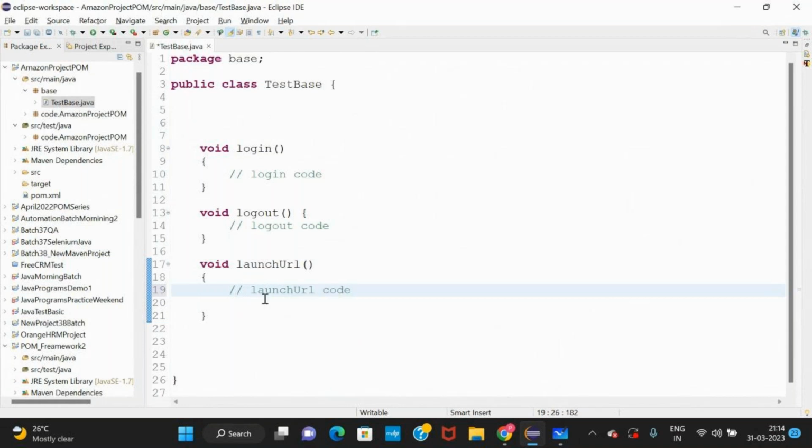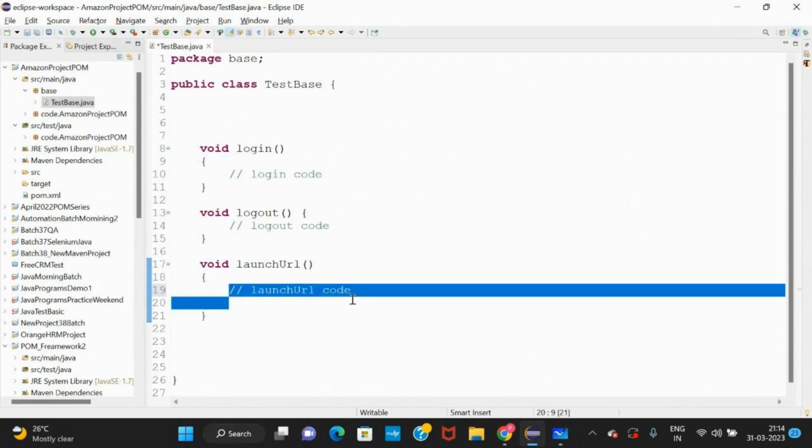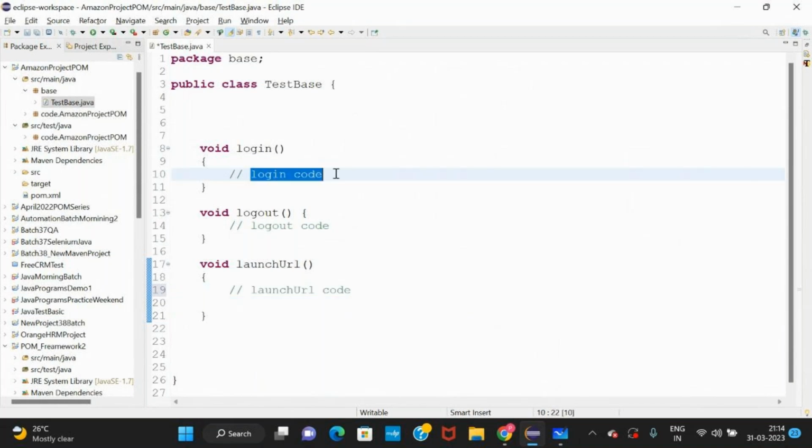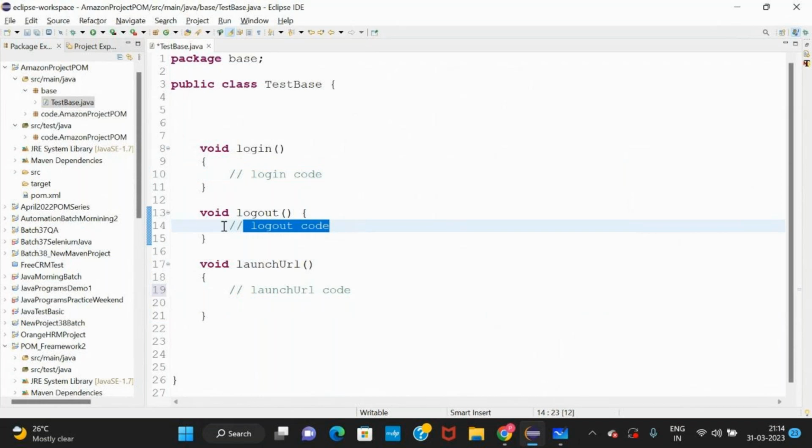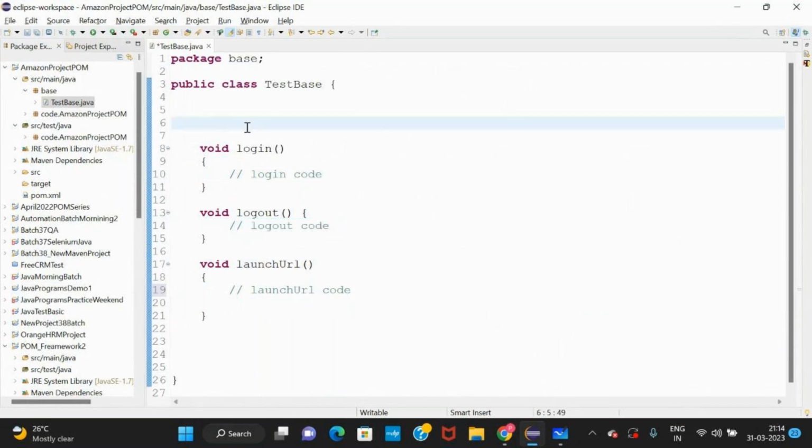Now for the launch URL code, for login, and for logout, we need some variables. Yes or no? Yes. We need some variables for login. What are we going to log in with? We need a string username, which will be our user login.